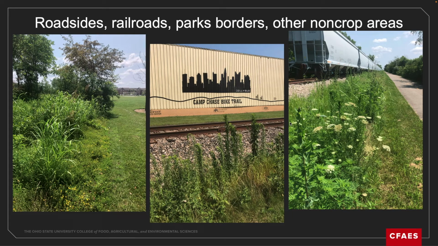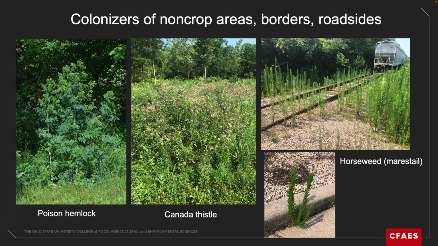And so you can see mare's tail on the left. You've got Johnson grass in that. You've got mare's tail in the middle. You've got a wild carrot and some other weeds on the right. There's poison hemlock in that area. There's some Canada thistle, and then there's a whole slug of mare's tail. That's a rail line. I haven't figured out that rail line. I don't think it's abandoned, but it doesn't get a lot of use through there.